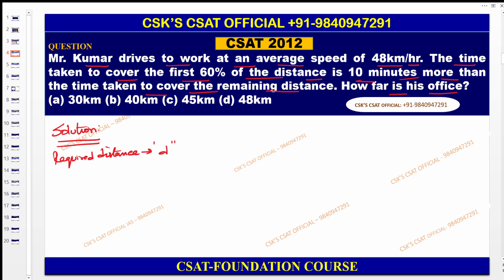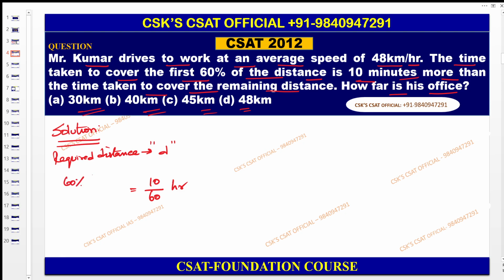The time difference has been provided here. The time difference is 10 minutes. So here options are in kilometers. Therefore convert that in terms of hours. Okay, so that is also very important. Conversion is very important. So therefore 10 by 60 hour. Then the time difference here is first